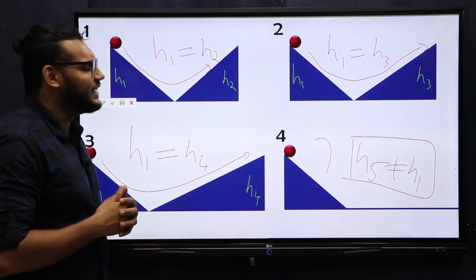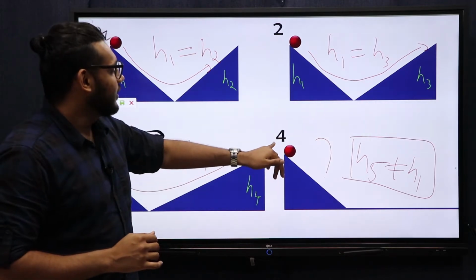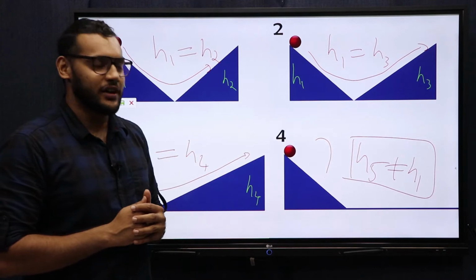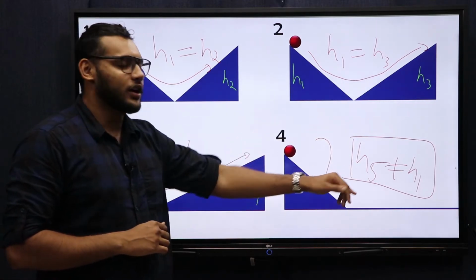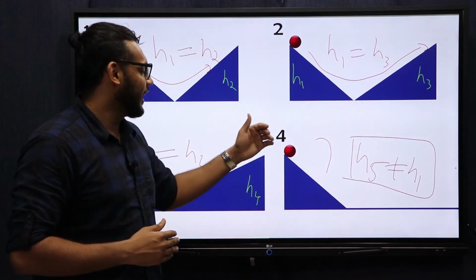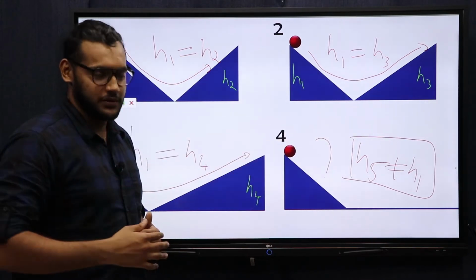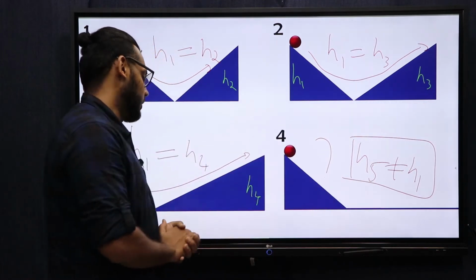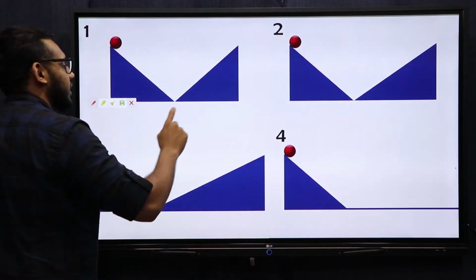Now, he then hypothesized that if there was a perfect slope with no friction whatsoever, and this ball would roll down that slope, it would keep rolling for an infinitely long time, never coming to a stop. That is, it never stops because it can never reach the height h5, which is equal to h1. Now, after Galileo did this,